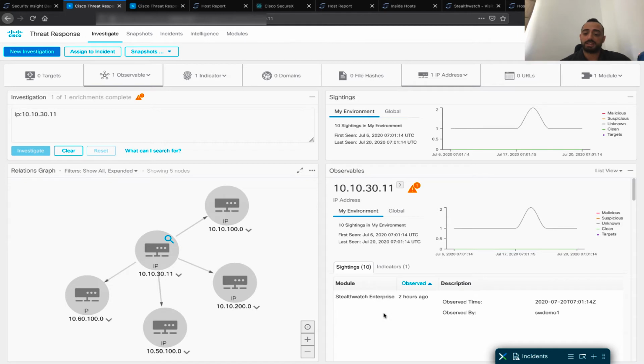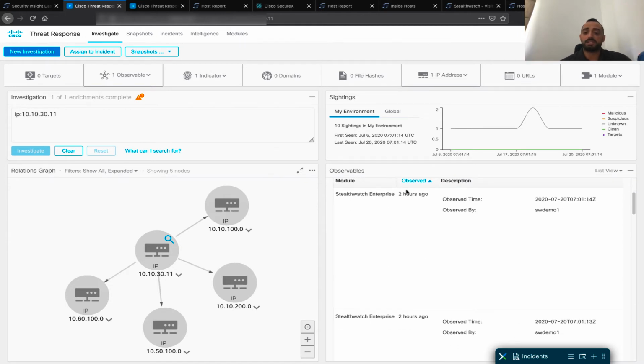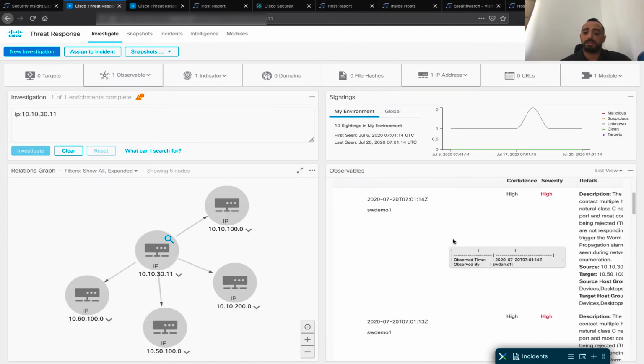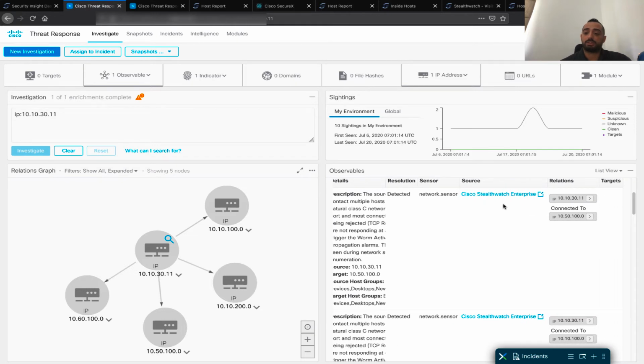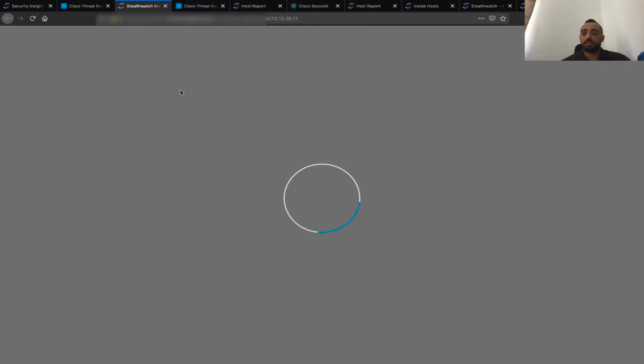On top of that, you can also see the sightings: when this observable happened, the source of that observable, the severity of that observable, and also the source and the target of that specific event, and where it comes from. Again, at any point in here, you can click on Cisco Stealthwatch Enterprise, and this will bring back a pivot to Stealthwatch on that specific host that we have seen triggering these alarms. This is the pivot mainly from Stealthwatch to SecureX, and from SecureX to Stealthwatch,